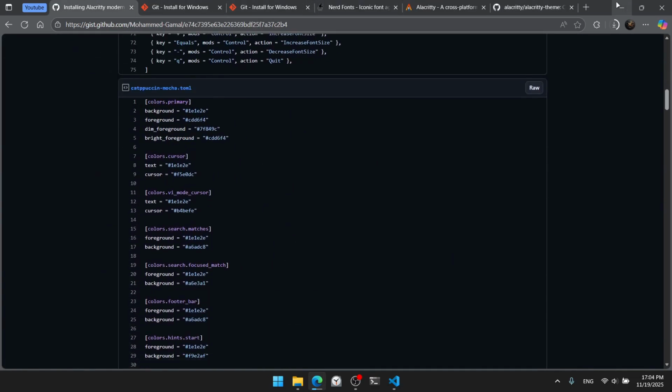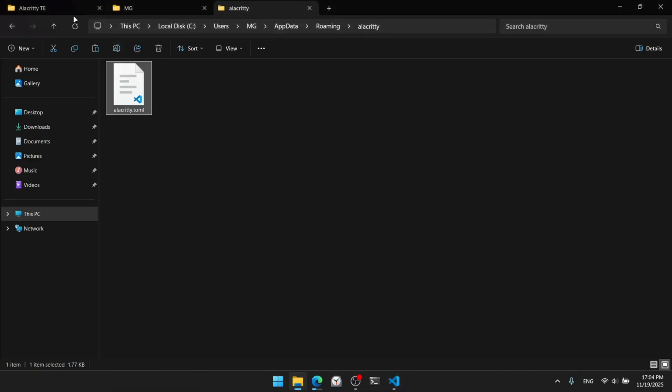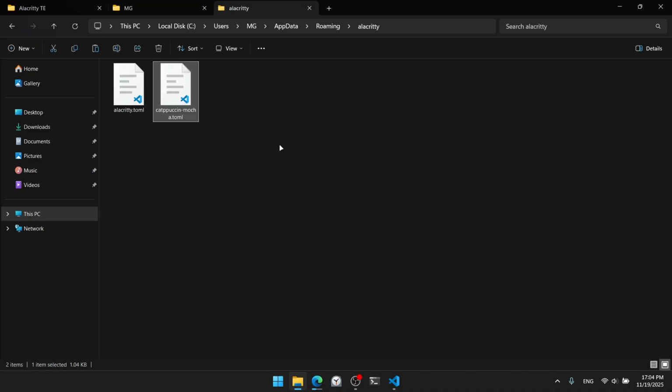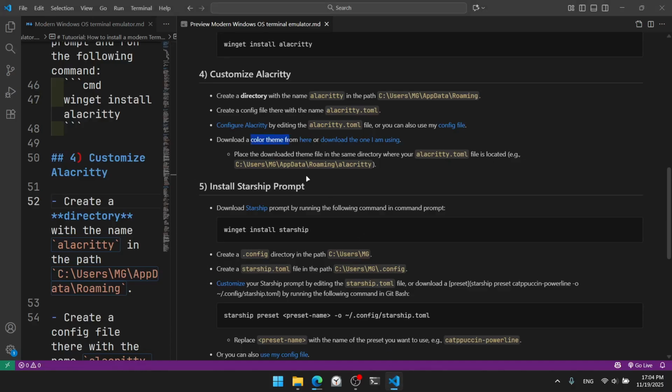The cappuccino mocha.toml file. So I will go to the download files here, cappuccino mocha, and paste it in the same directory as the Alacritty configuration file. Okay, so these are the files for the configuration for the Alacritty command prompt. Okay, so this is for Alacritty, and now